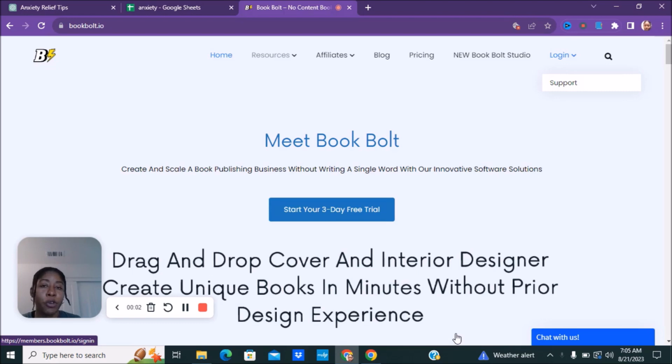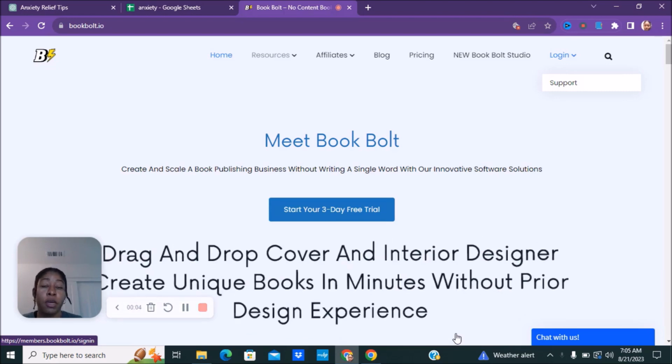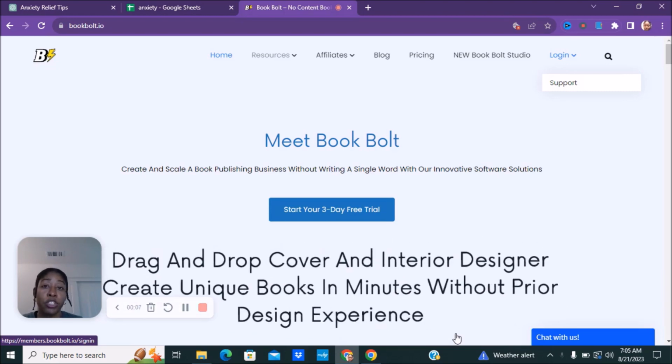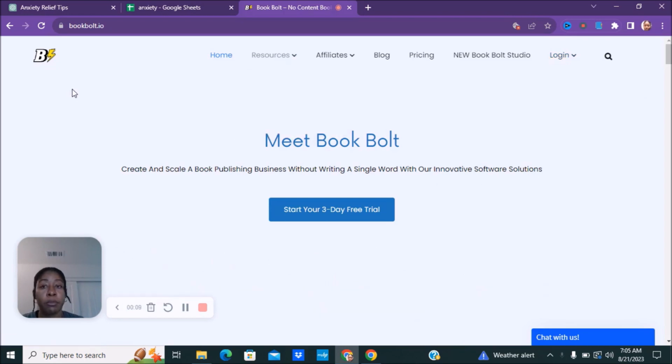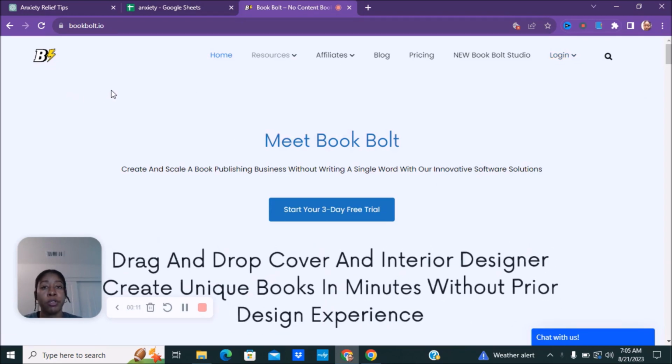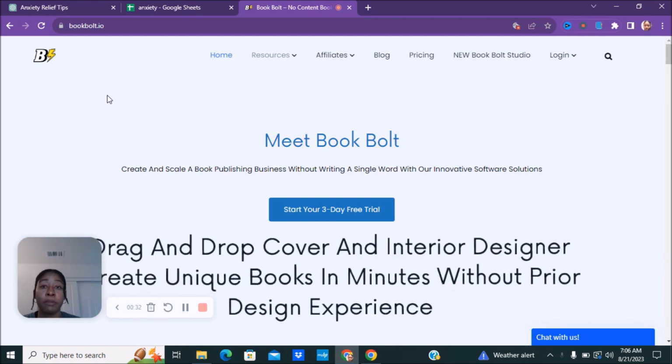Okay, so we're going to be creating a word search book, a puzzle book. In order to do this, you're going to need a program like BookBolt. BookBolt allows you to create books using templates. They have a search where you can look for the bestsellers, and keyword research where you can see the types of keywords being used for other bestsellers. There is also a program that allows you to spy on your competition,